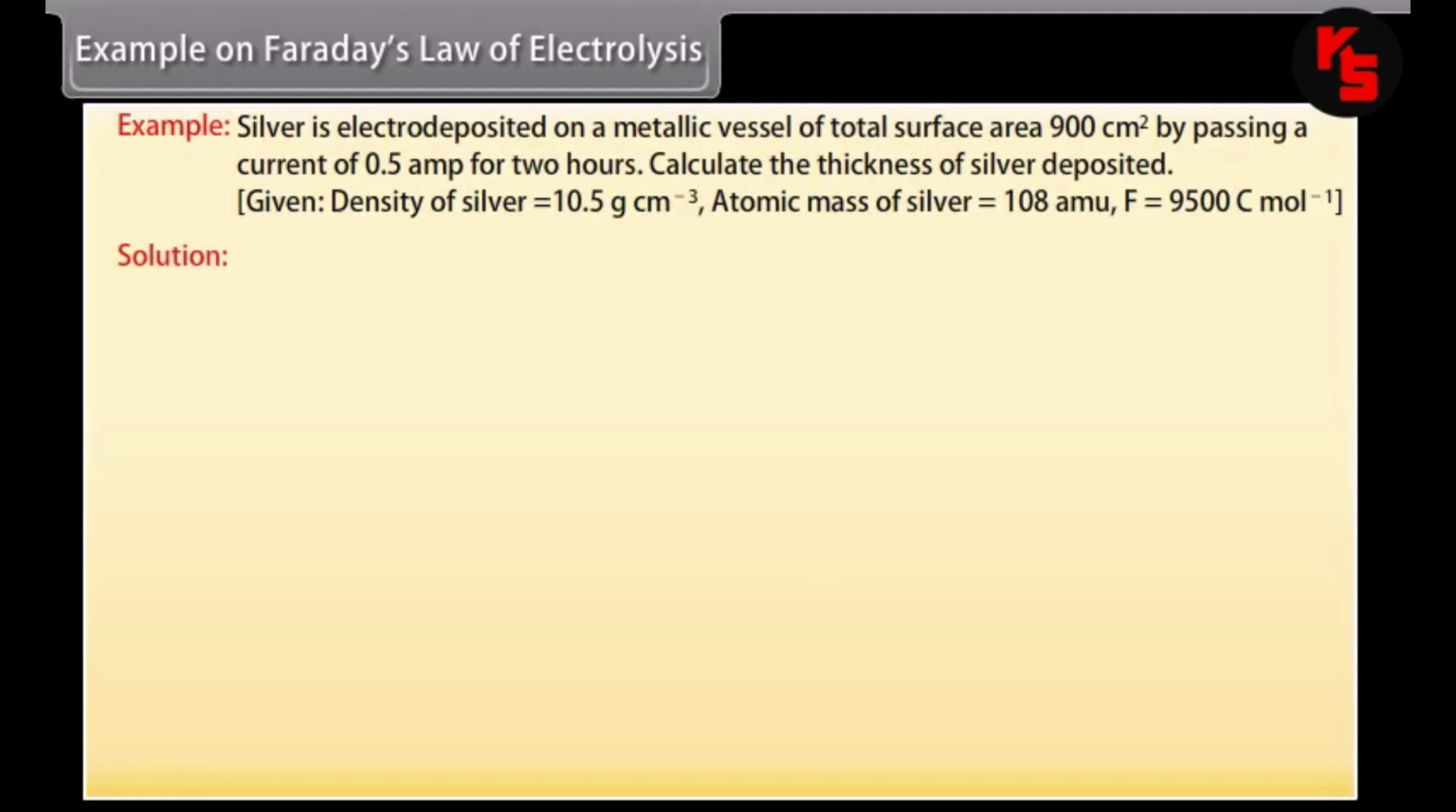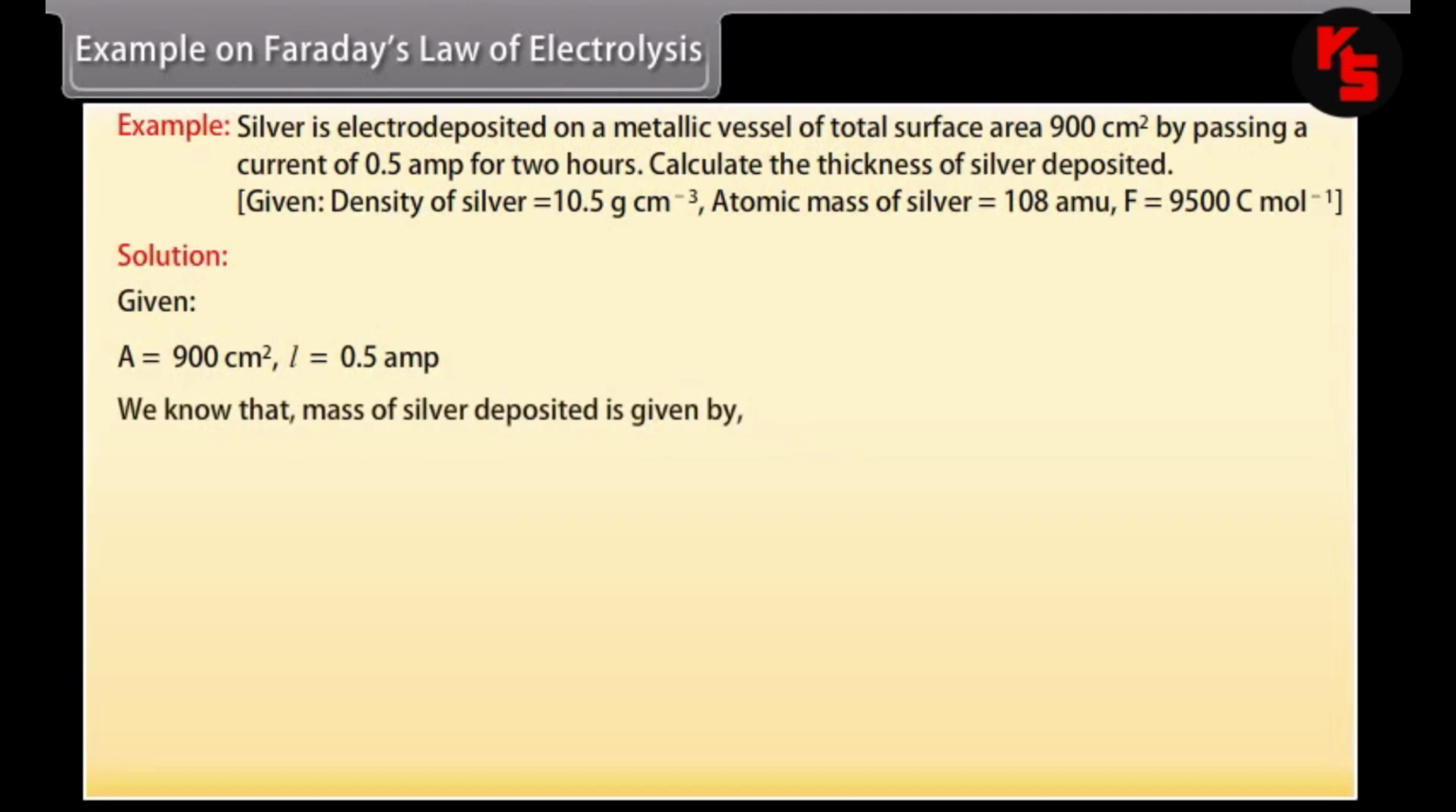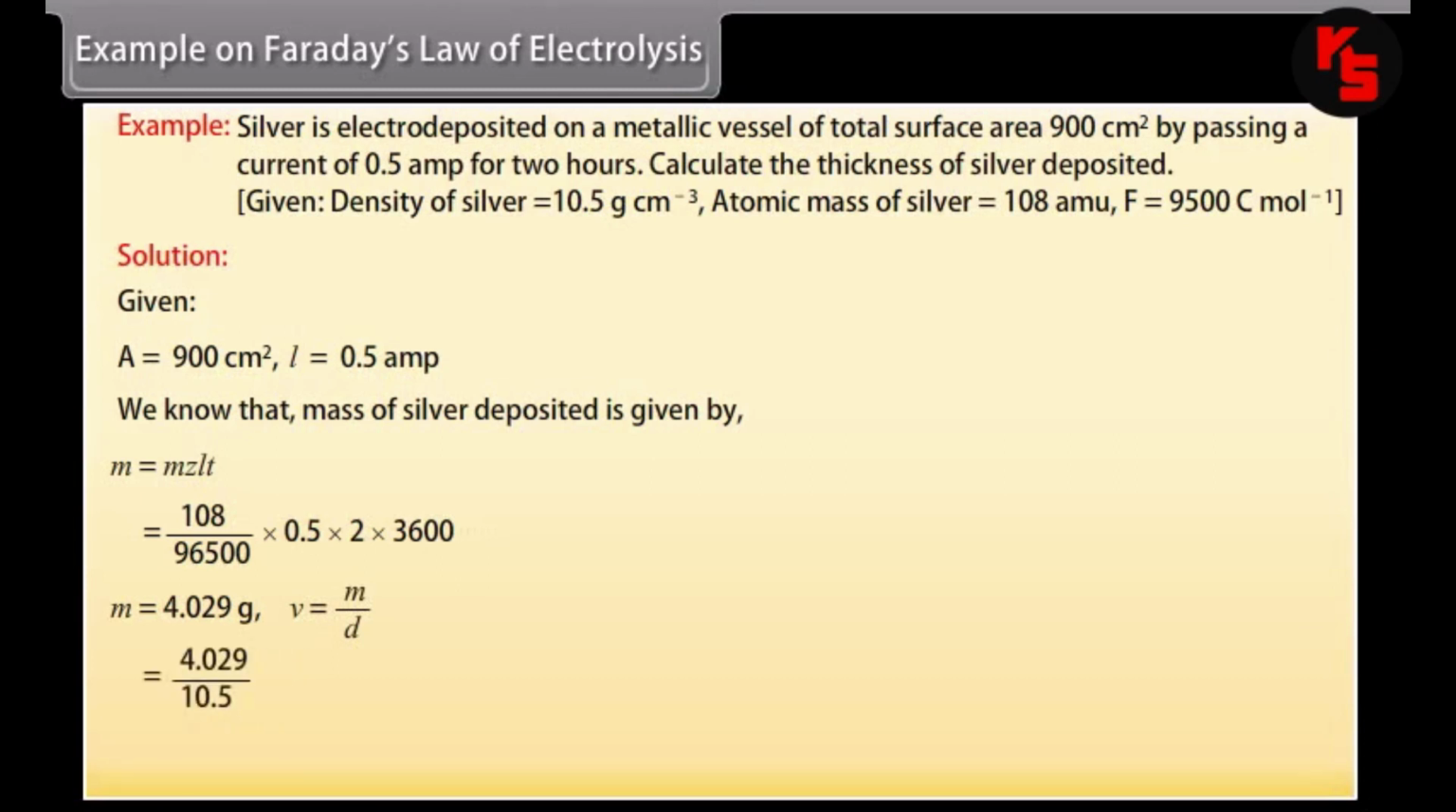Let's see the solution. Here given values are A is equal to 900 cm square, I is equal to 0.5 ampere. We know that mass of silver deposited is given by M is equal to ZIT. By putting the values, we get M is equal to 4.029 gram. We know that V is equal to M upon D. By putting the values, we get V is equal to